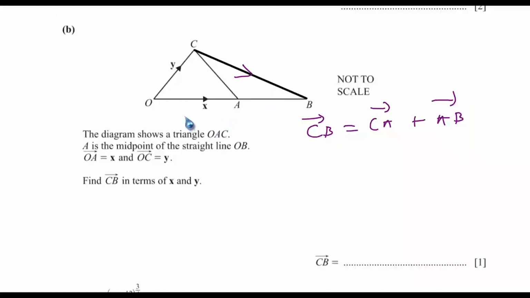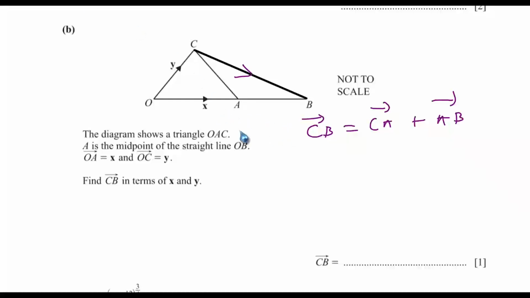We know that A is the midpoint of OB, and we are already given OA to be X. That means AB will also be X, as A is the midpoint of the straight line OB, so that implies that OA and AB will be equal. Since OA is equal to X,